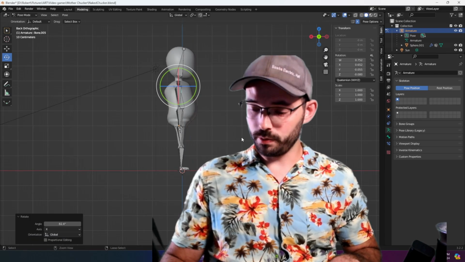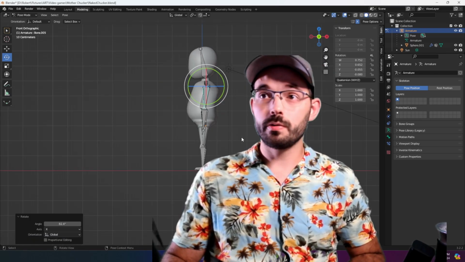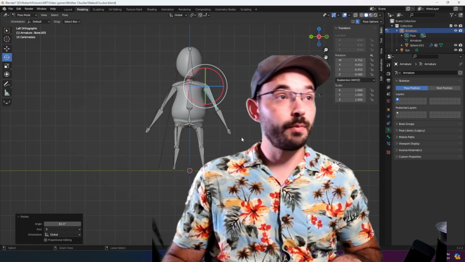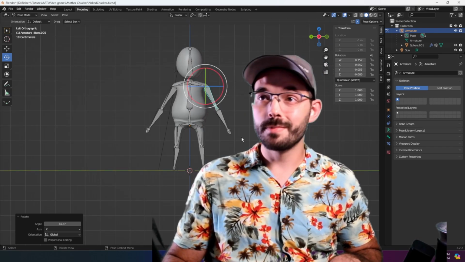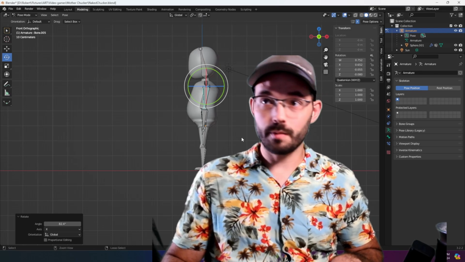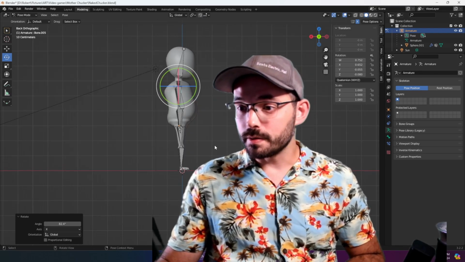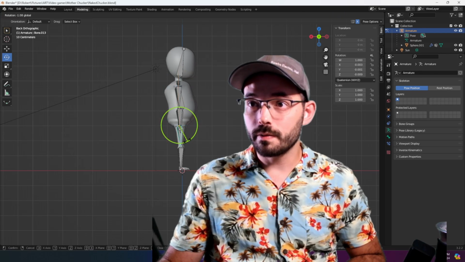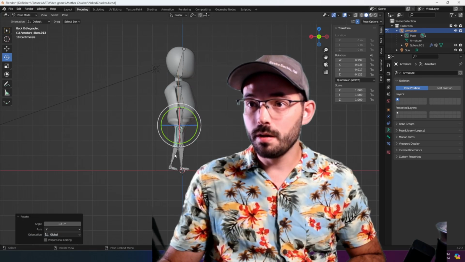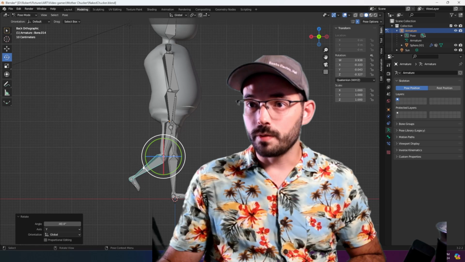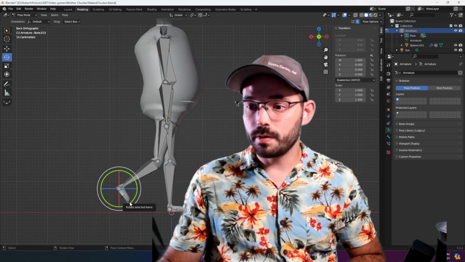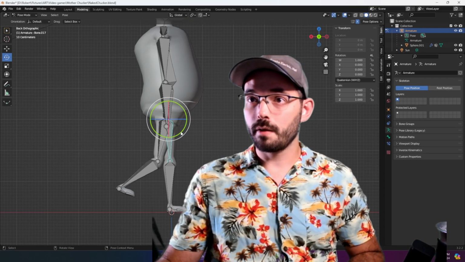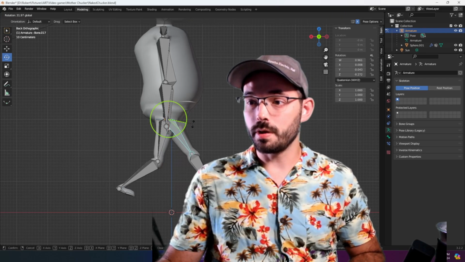Downward. Do an Alt 1, Alt 2, Alt 3. I'm using Blender again. I just like Blender. But yeah. So let's get him on the side view and start making it look like he's walking. So I think I want to start, let's go here and here. And if we zoom into the foot, we'll just turn the foot up a little. And this back foot, we're going to make it kind of go straight up